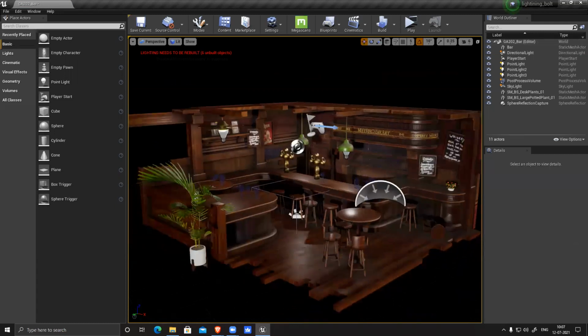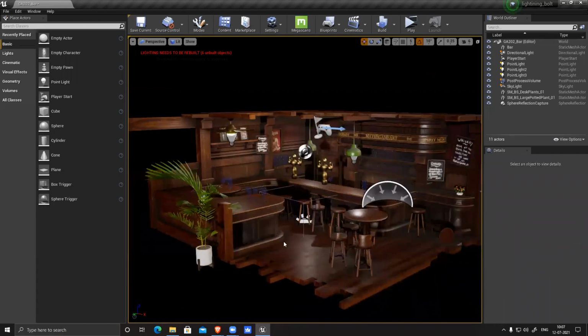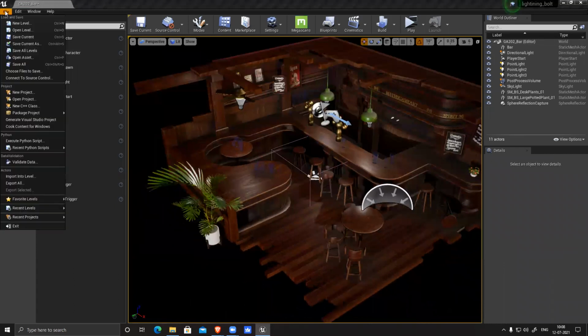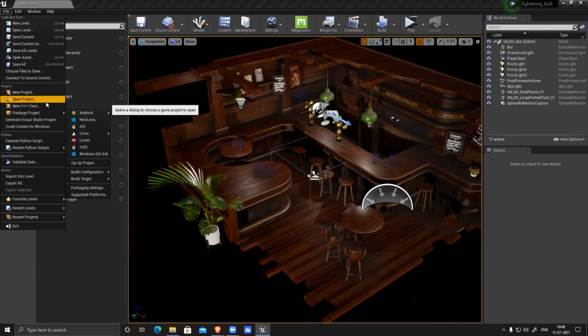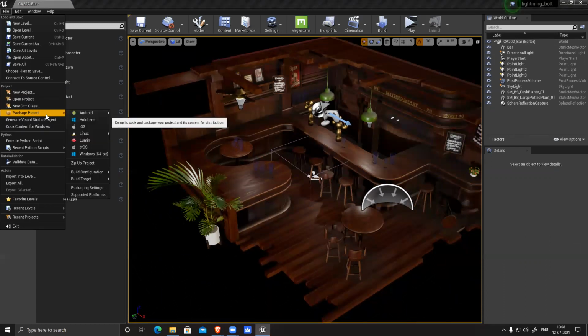Okay, so now our scene is ready, so I need to render it out as a nice video, or I want to export this as a game. There's nothing much to it, but you should know the process. It's pretty simple. Go to File and you can see the package settings here, right? So project settings and all these things. Here there's something called Package Project.